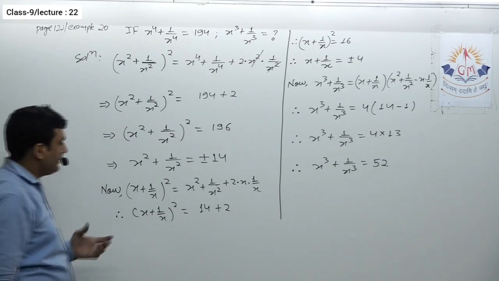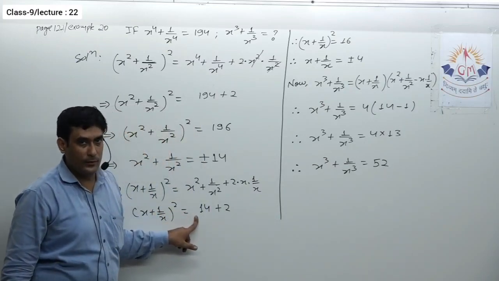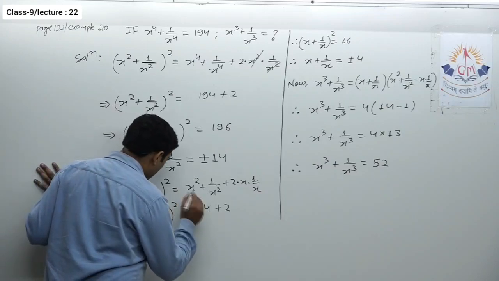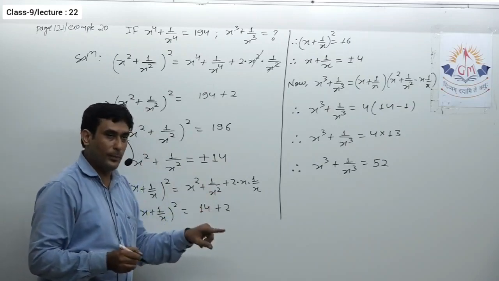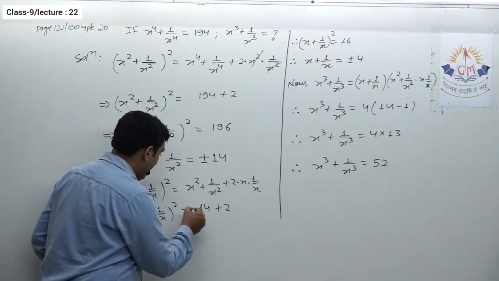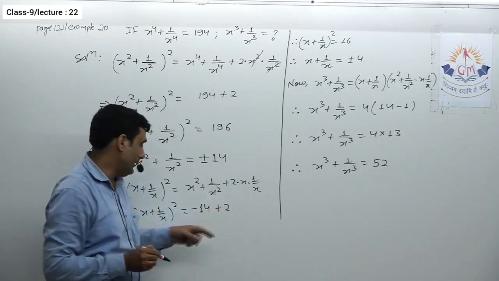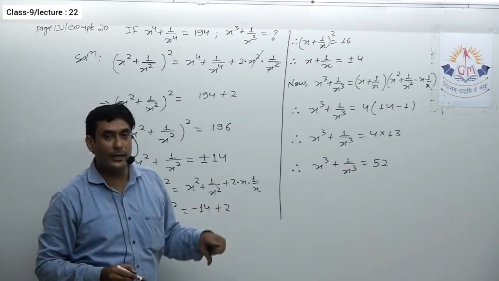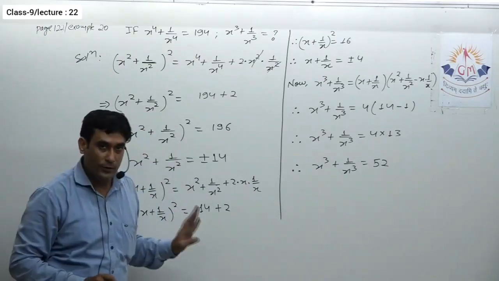Okay, let me discuss one thing more over here. See, here I kept only plus 4. So let me tell you why. If I put minus, there are two possibilities. Plus minus means either it is plus or it is minus, that means either positive or negative. So if I take it negative, what I will get is minus 12 plus 2, which is equal to minus 16. And on the right hand side you have a complete square, and the square of any number cannot be negative. That's why I took only 4 over here.